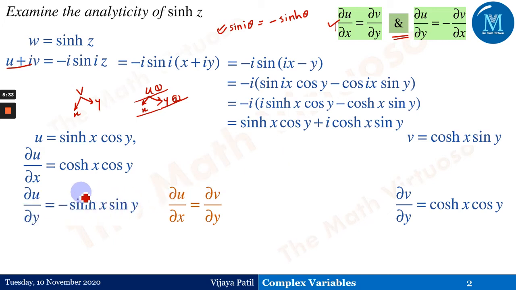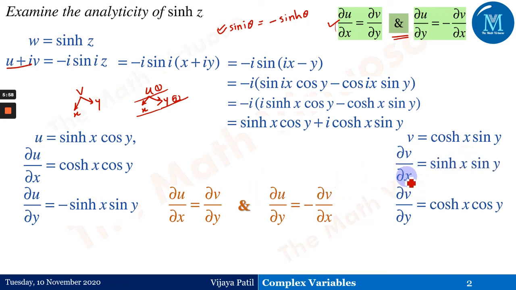Let us see what will happen with the second one. So dou u upon dou y, I have to keep the x term constant. That means I have to keep sine hyperbolic x as constant and differentiate just cos of y. Differentiation of cos of y with respect to y will give me minus sine y, and therefore it is minus sine hyperbolic x sine y. Similarly,